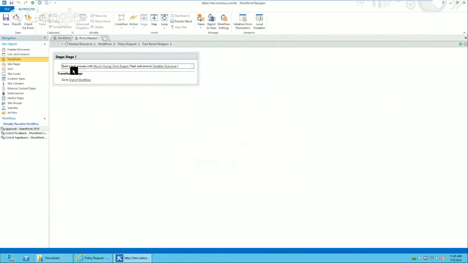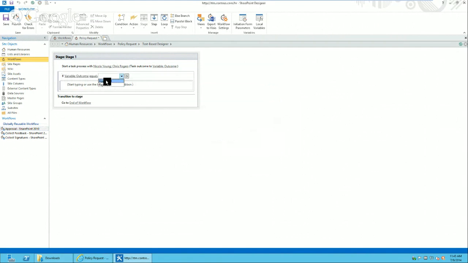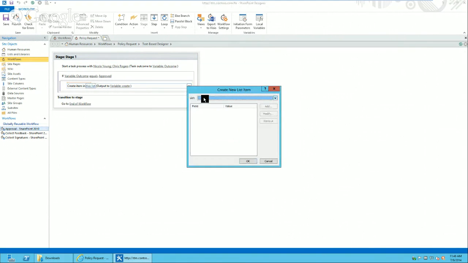So once the thing gets approved, then I want to spit out a document. So I have to know what the outcome was. So it needs to be the outcome. So that's a variable, the workflow variable of the outcome equals approved. Then I want to create list item, create item in this list, policies,